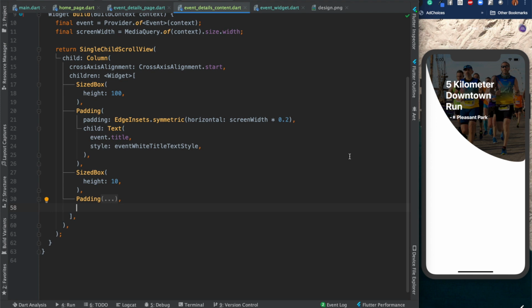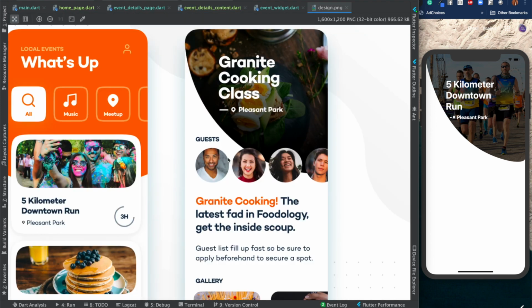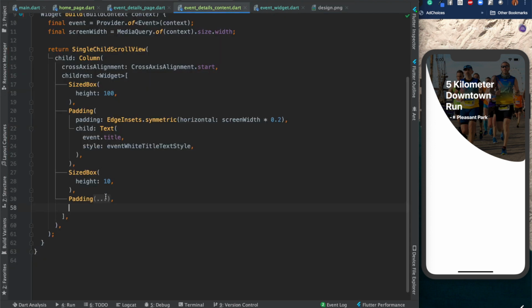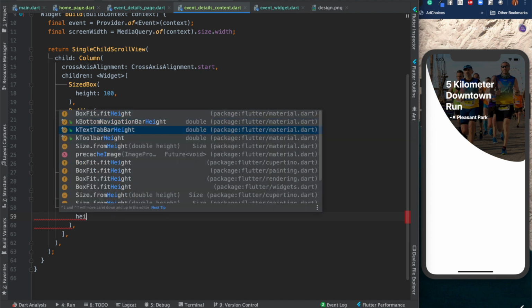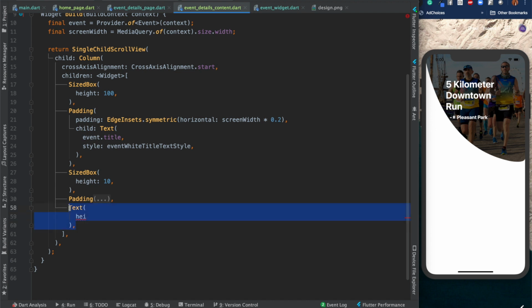We have added this. Now we need to add a size box, then the guest title, and then the images. Now very easy stuff is left. It's just adding the things and using beautiful for loops and everything, right? Size box, sorry, size box, height of 80,